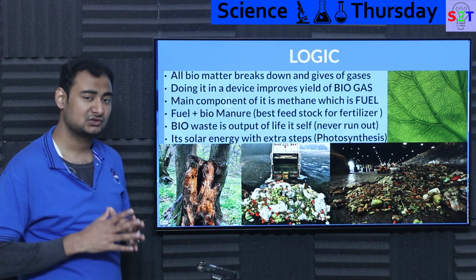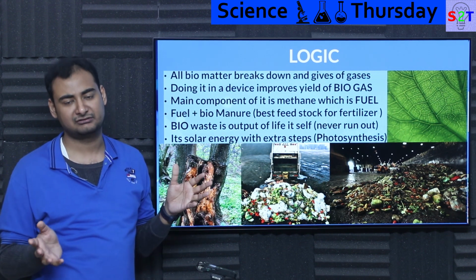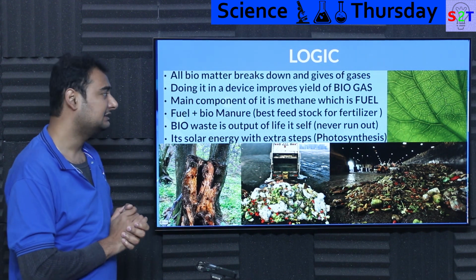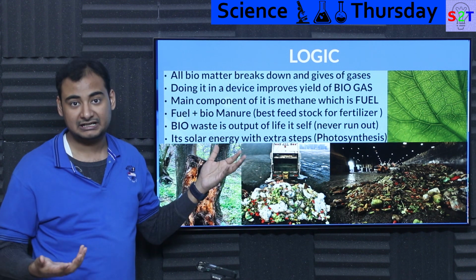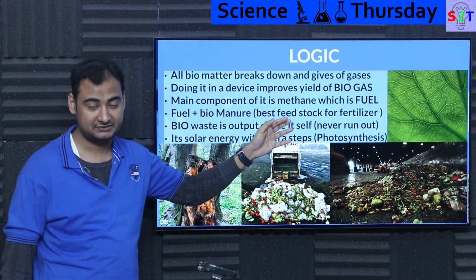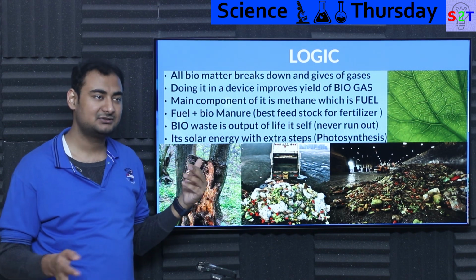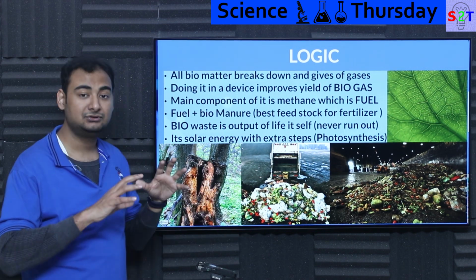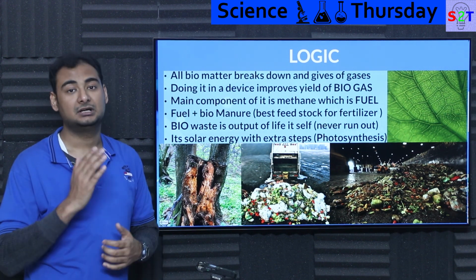The logic is very simple, because all biomatter is basically a ludicrously long chain of carbon and hydrogens. They generally break down, and that's what we call biodegradable. Whenever that happens, it gives off gases, a lot of gases. You may be very lucky and only get water vapor and carbon dioxide, but generally you will still get methane. Now when you do it inside a device, let's say a biodigester, where you are removing oxygen or